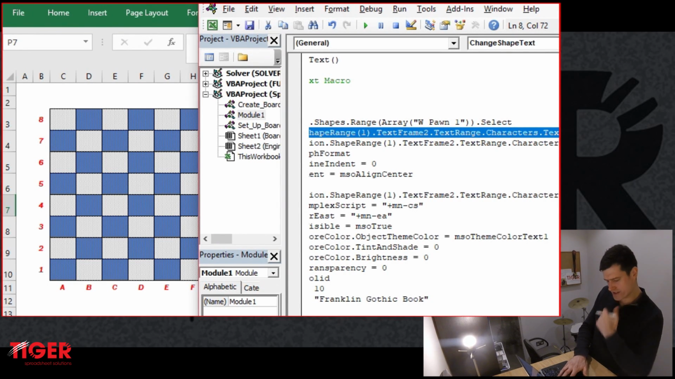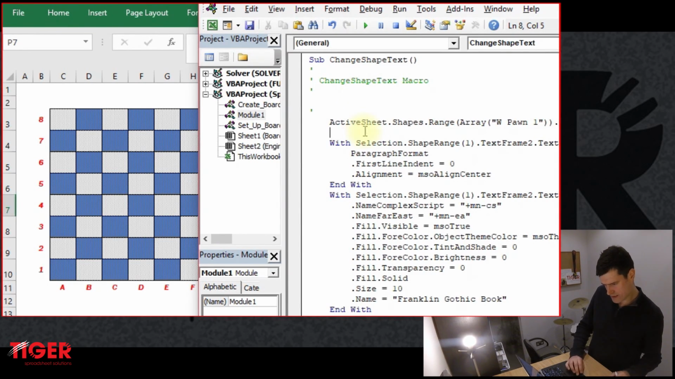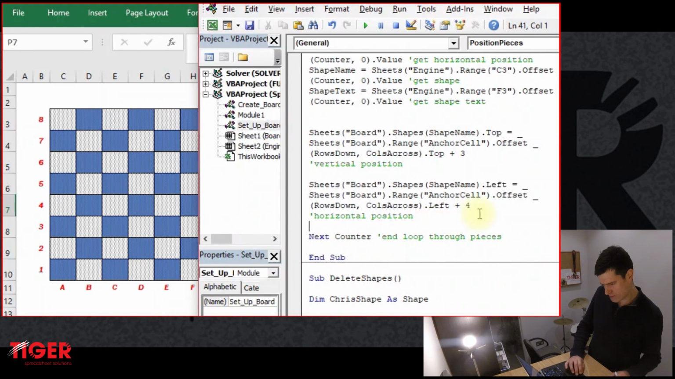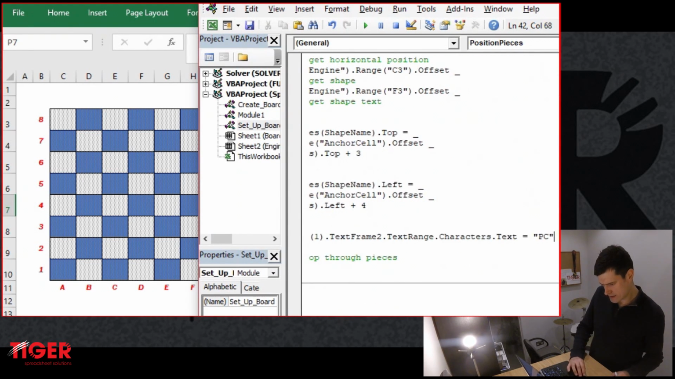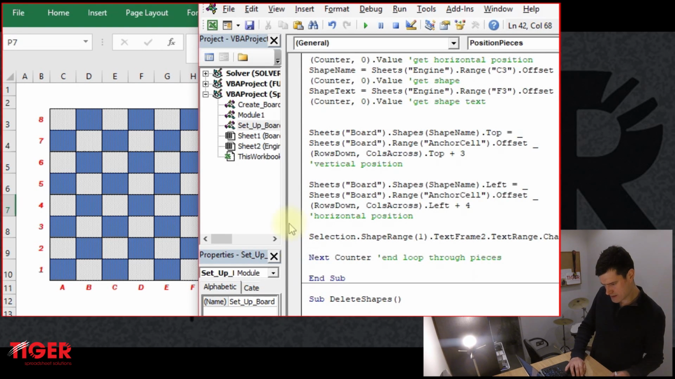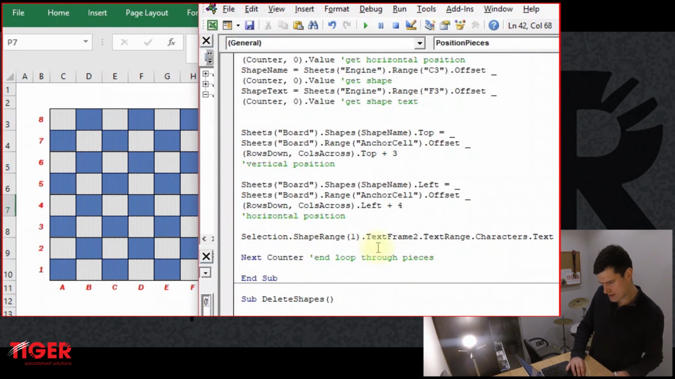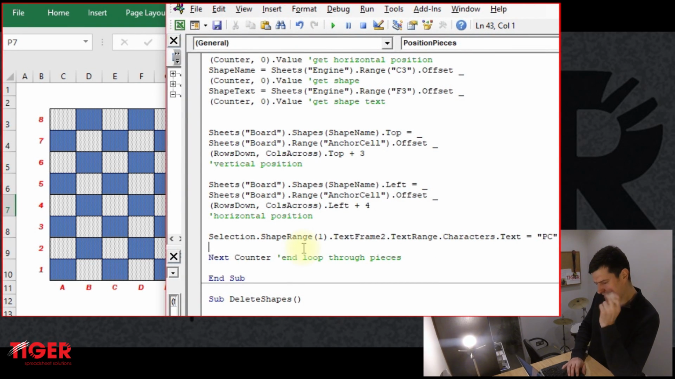Okay, it's going to take this line of code and then drop it into the routine we're working with here. There we go. Okay, let's make a bit more room here. Okay, so we've got a piece of code here. Now it is coming back to me what the code should be. I think it's .textframe.characters.text is what we need. But recording the code kind of jogged my memory there. Textframe.characters.text, and then